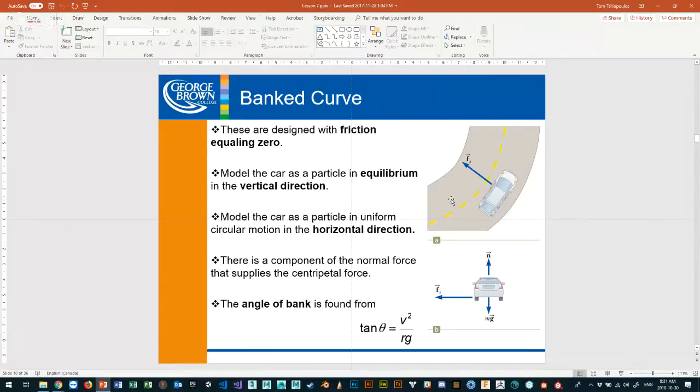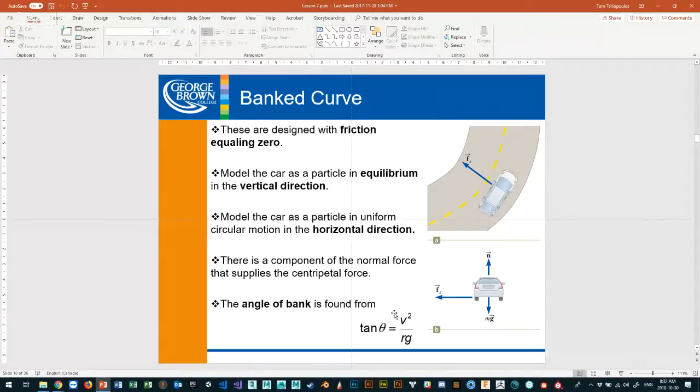Kind of put it on an angle towards the circle here, right? And when we do that, what ends up happening is you have additional help from the bank to help the car stay in line and not fly off into oblivion. Okay. So again, model the car as a particle in equilibrium in the vertical direction. So we have this situation, right? And we see that the angle of the bank is found by tan theta equals v squared over r. This v squared over r, if you think about what that is, right,